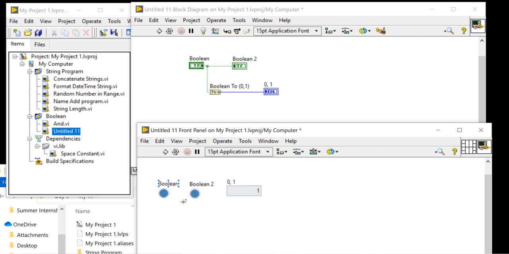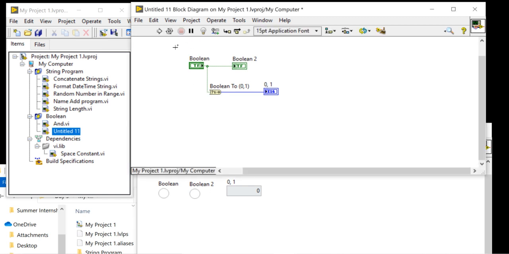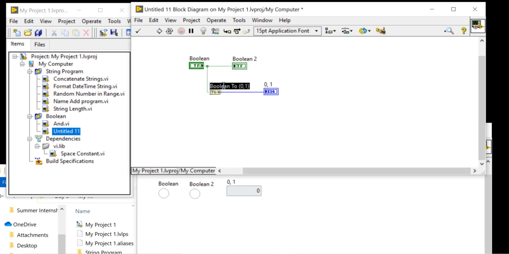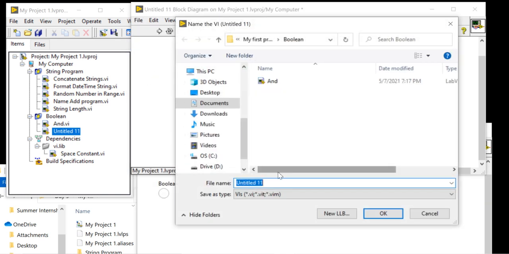If it glows true, that means it will generate 1. When it is false, meaning off, it will be 0. It is just a useless program.